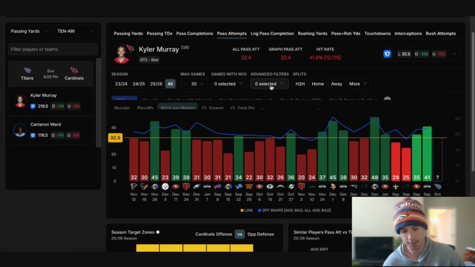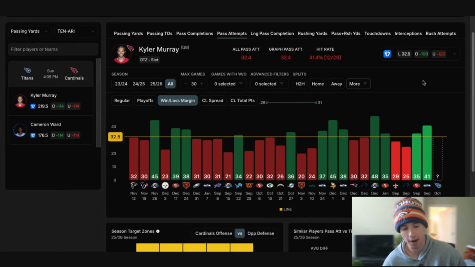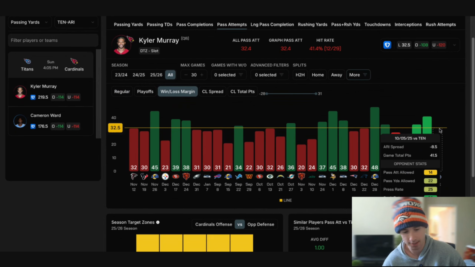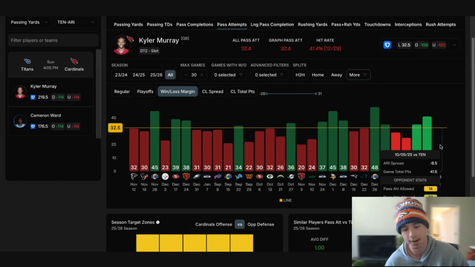Okay, so as you can see here, click on more right here. Kyler Murray against the Cardinals, of course. Go over here. You can hover over this. Pass attempts allowed 14th, stuff like that. Don't really care a ton about that. What I'm looking more so at is the spread, right? Arizona is